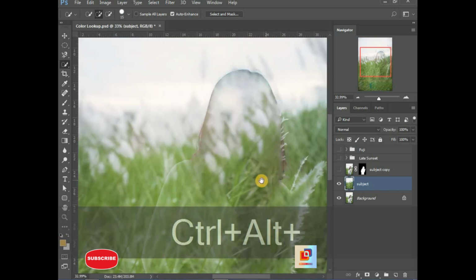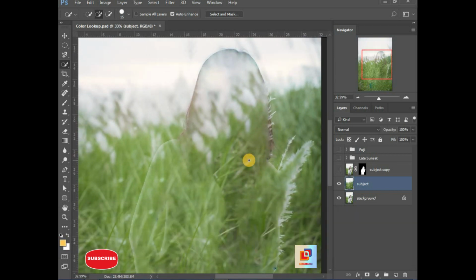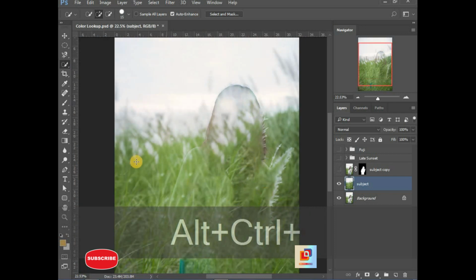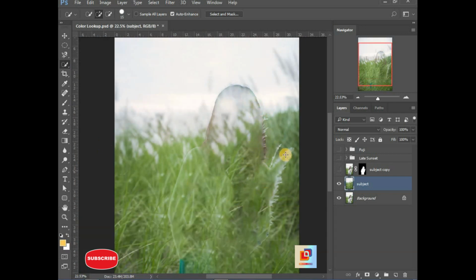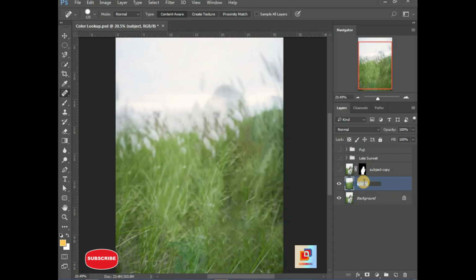Okay, so the content aware fill has completely erased the subject from the image, and we have a fine background here. Now we just need to clear all these edges. Take your spot healing brush tool and just brush over these edges. Now rename the subject to background because the subject has been changed to background now. Okay, so it has been renamed to background.